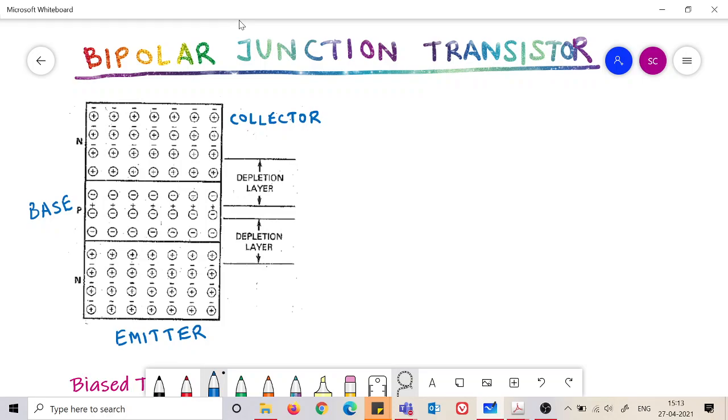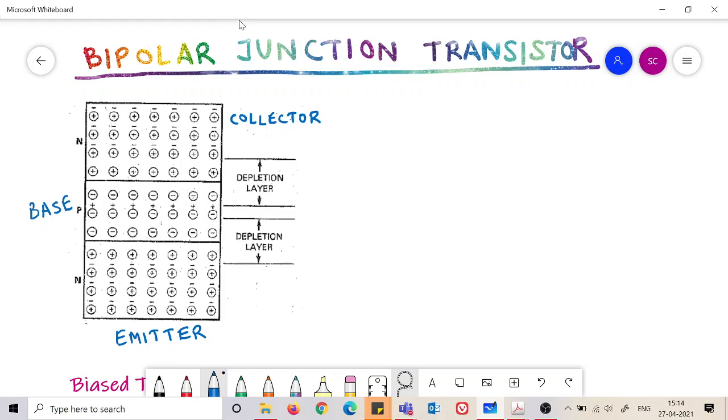In this case, as you can see, the barrier potential is on this side. So if one needs to make a positive bias, then one should connect the battery of positive potential here and negative potential here. So the barrier potential would be overcome by the majority carriers. And similarly here, if we want to make the collector base junction forward biased, then one should have the positive potential here and negative potential here.